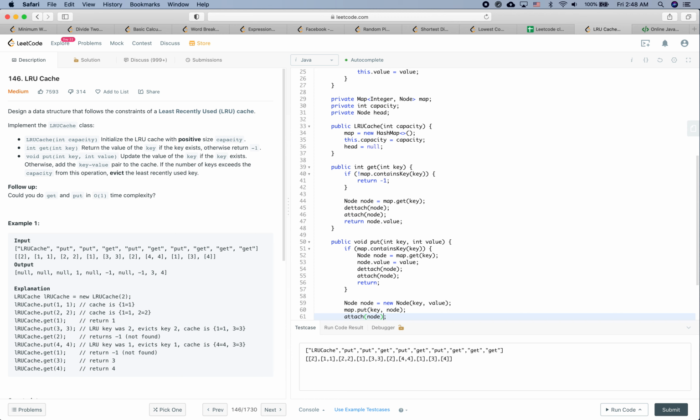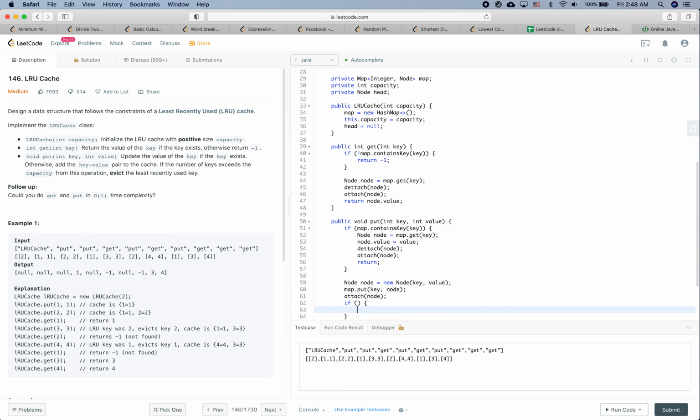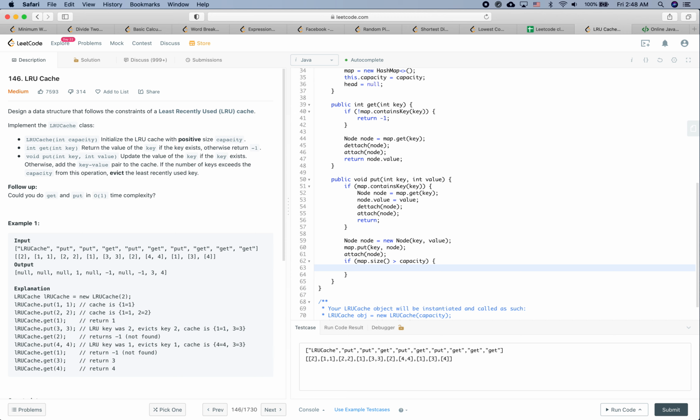So the thing currently is, we also need to check if the size of the map is larger than capacity. If map.size is larger than the capacity, then that's the time we are going to do something to remove one node. So we are going to detach the head.prev, which is a tail node, the least recently used node, and we are going to say